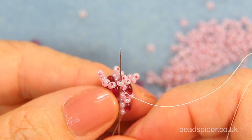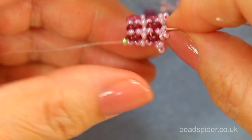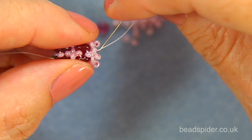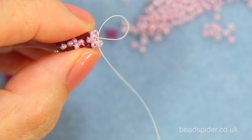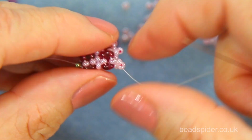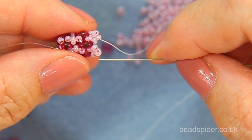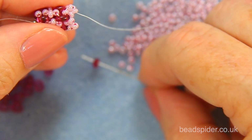Up through the side bead here, and then across the top. Now you can see I'm now in a different direction, and this is where you can make a mistake. And I've made this a few times, which is really frustrating if you have to go back and pull it out again. Now we need to continue in this direction, and step 2 is to add in the new twin